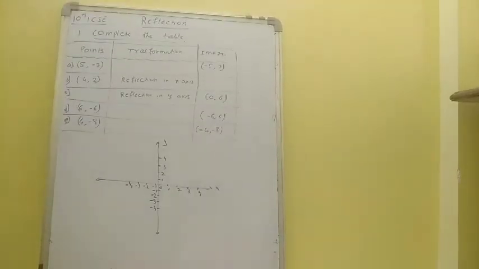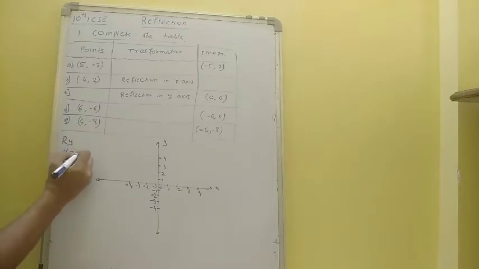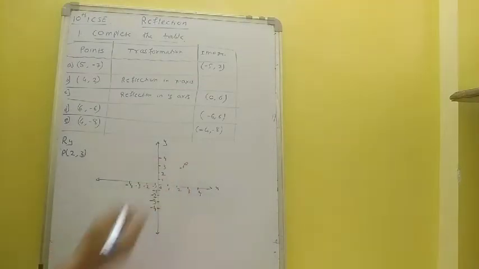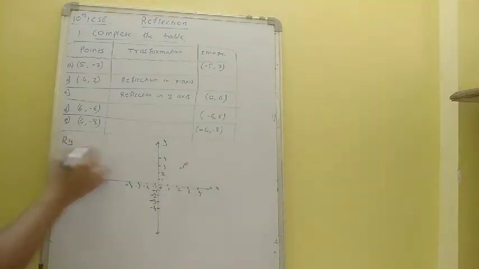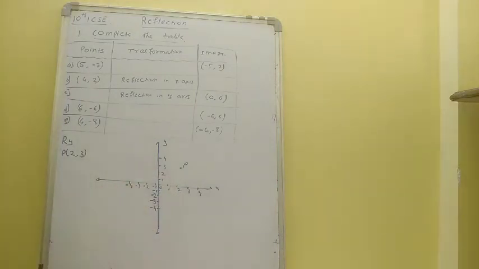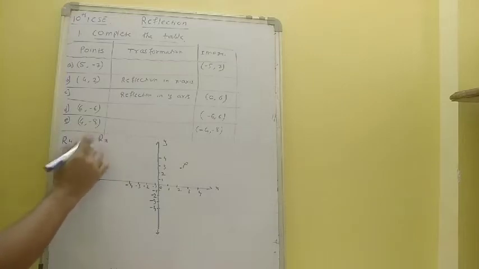Now we will see what is there in the reflection of y-axis. Suppose I have a point P 2, 3 again. So 2, 3 again, P is over here. Now we are reflecting in y-axis. Therefore this y-axis will act as a mirror. When we are reflecting in x-axis, y gets changed. When we are reflecting in y-axis, x will change. Let's see how it is.